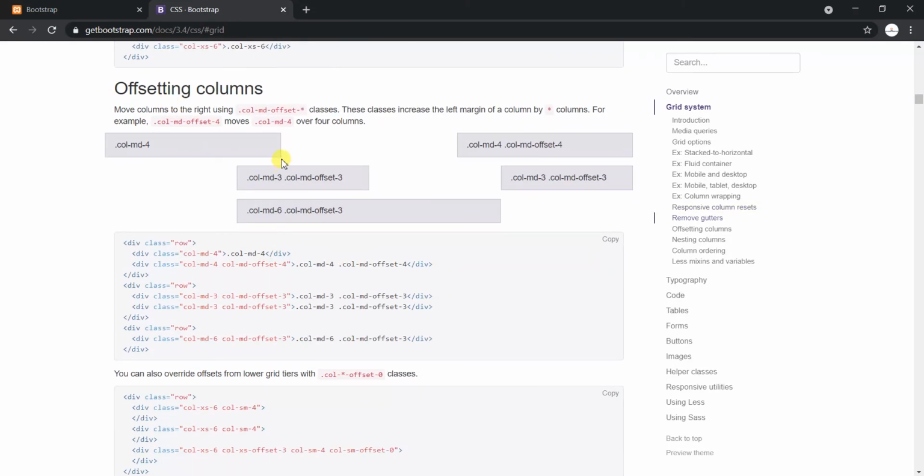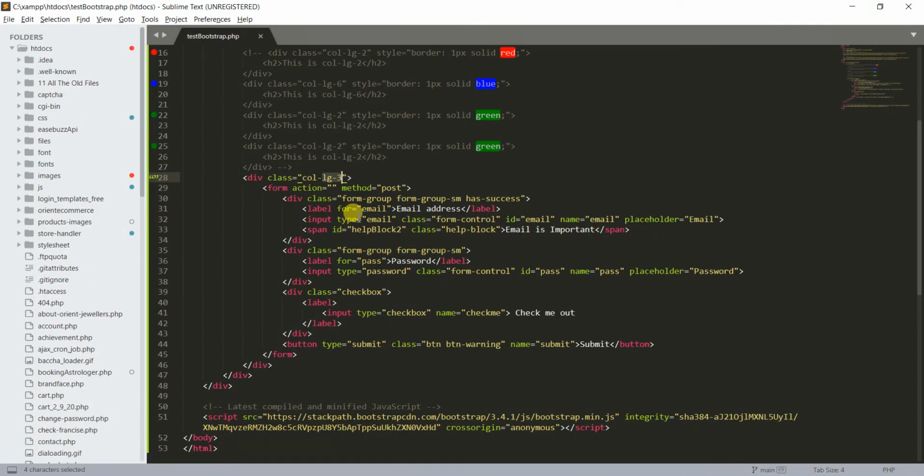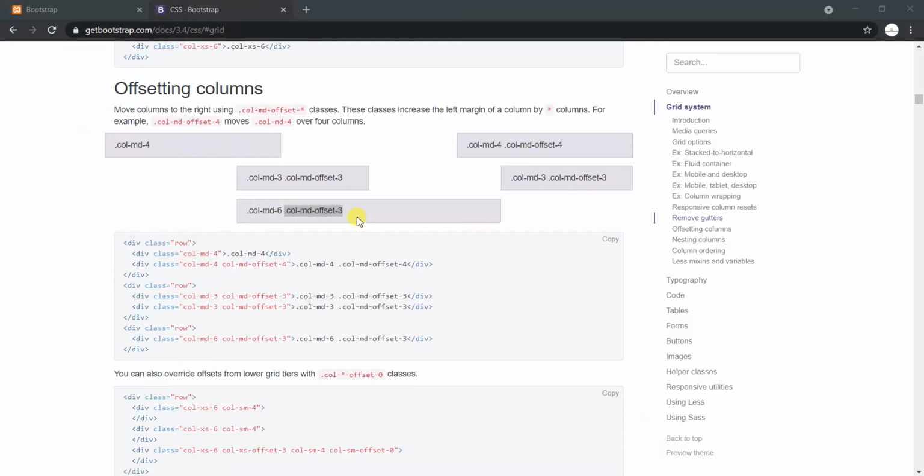Yeah, so this is what actually the offset is about, like column md-4 and column md-offset-4, right? So this 4 gives you this gap, which is related to the column md-offset-4. And if I'm going to use, like, column md offset, sorry, not md, actually this is going to be the lg offset 3. So what will happen,